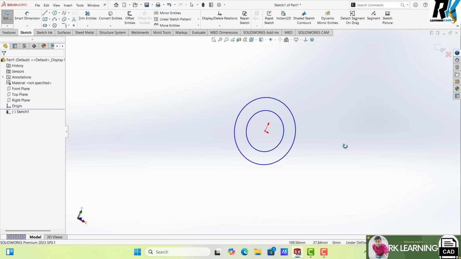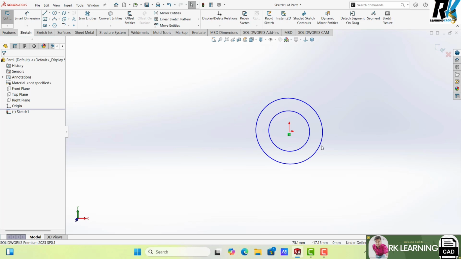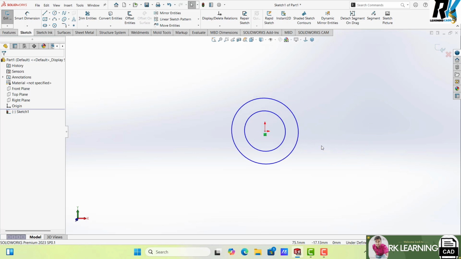If you press the Control key with the scroll key and rotate the mouse, that is called orbit. So this is one option, friends. You can also press Control plus the four direction keys, left, right, up and down, and that is pan. If you press Shift plus the direction keys, that is rotate.